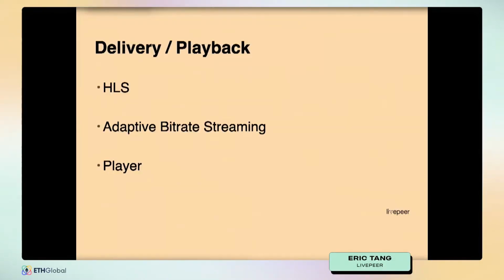It's a file format, an Apple standard, and because Apple's Apple, they control the market and they dictate how video streaming works. And adaptive bitrate streaming is a really important concept here as well. What that means is when you're watching videos, even though everyone thinks they're watching the same video, they're actually watching different versions of the video that's been transcoded, right?